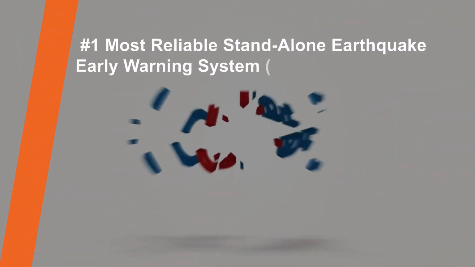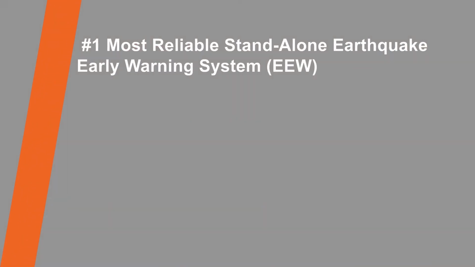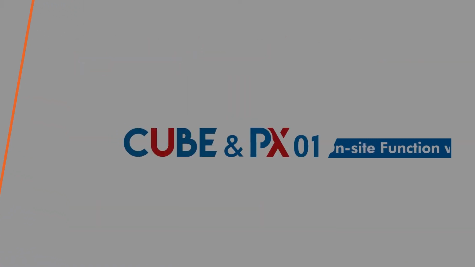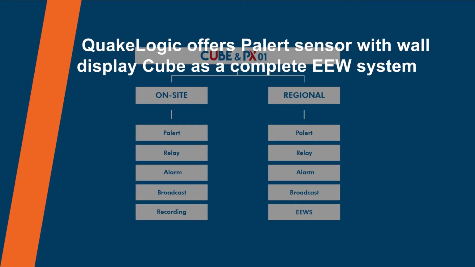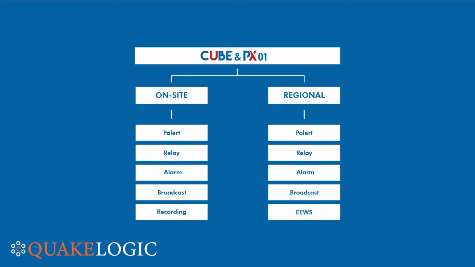Hello everyone, this tutorial will guide you on how to set up on-site function of PX-01 and Cube via config file. Here's an architecture diagram. There are two categories, on-site and regional setup of PX-01 and Cube via config file. In this video, we'll be focusing on the on-site setup, and here are the 5 parameter files: palette, relay, alarm,